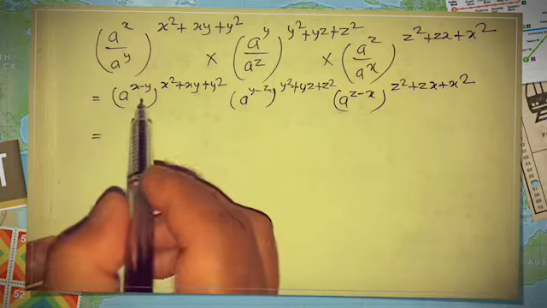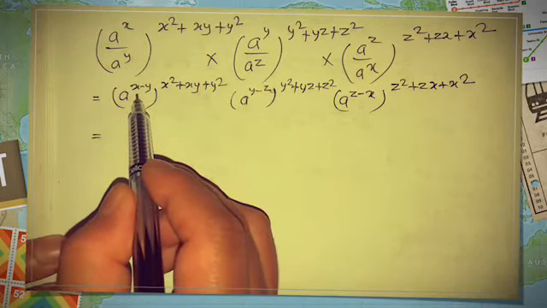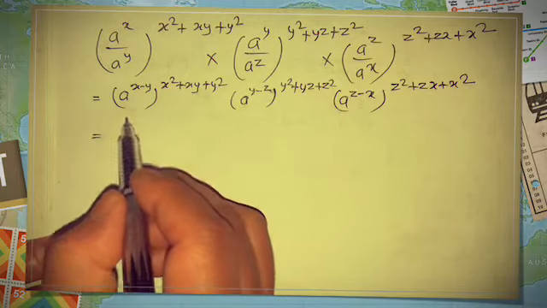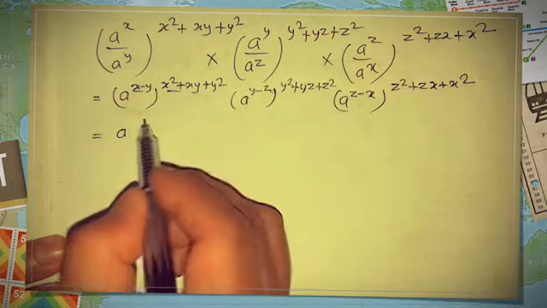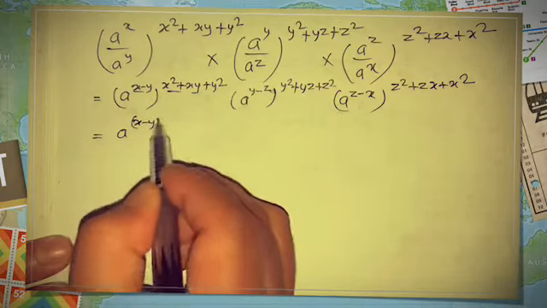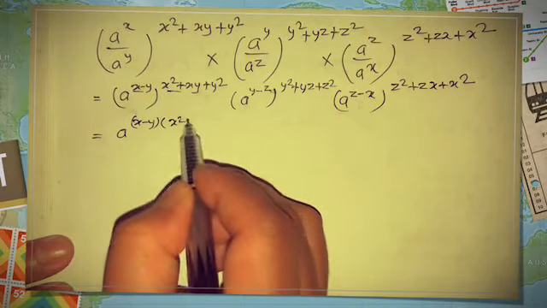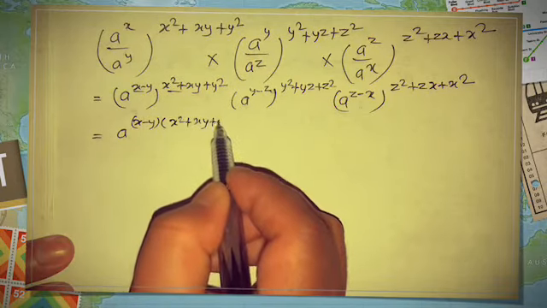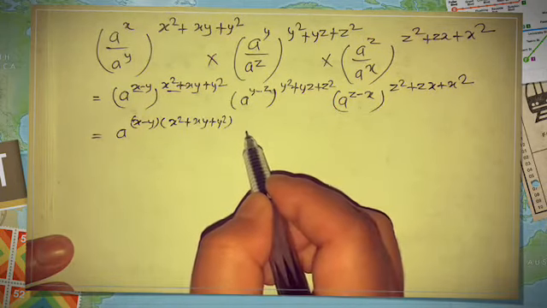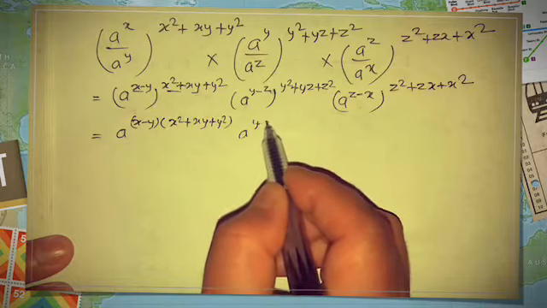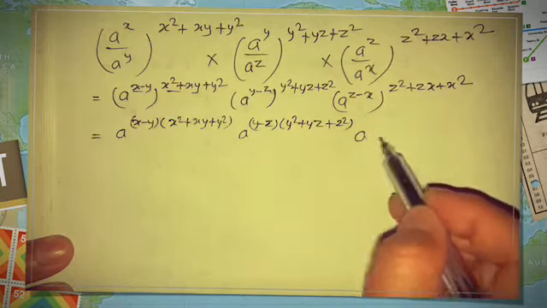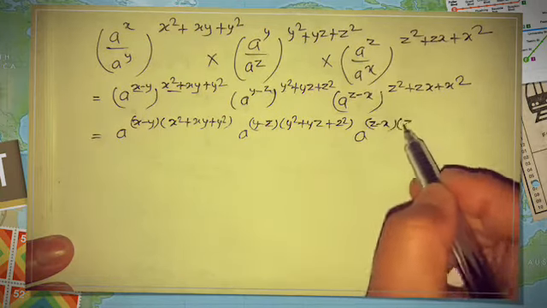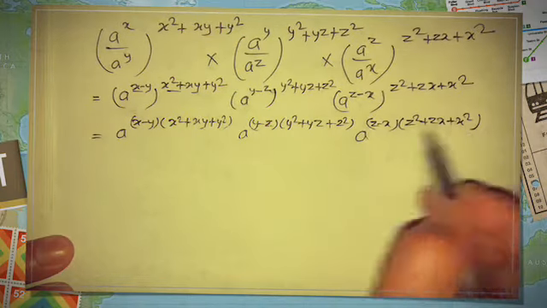After this, we have to apply the law of power to power. Okay, raising a power to power. According to that law, the powers are multiplied. So x minus y, we have to keep bracket because two terms we have. So here also y minus z, y minus z, and y square plus yz plus z square, and here also z minus x and z square plus zx plus x square. Okay, these are multiplications.